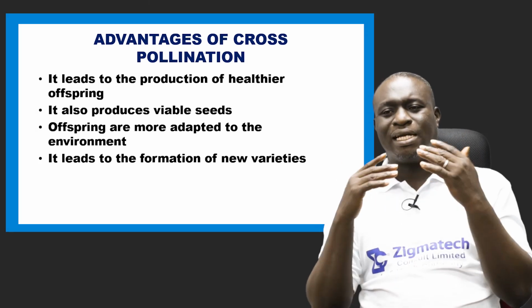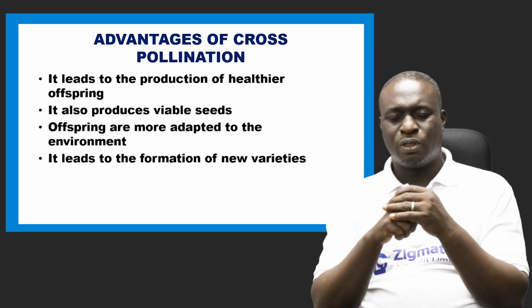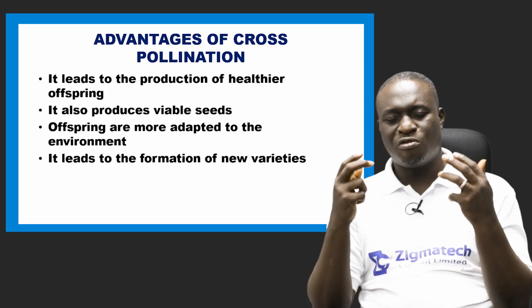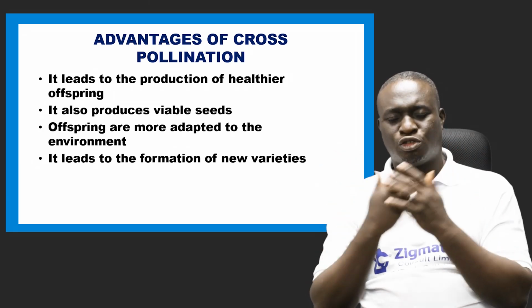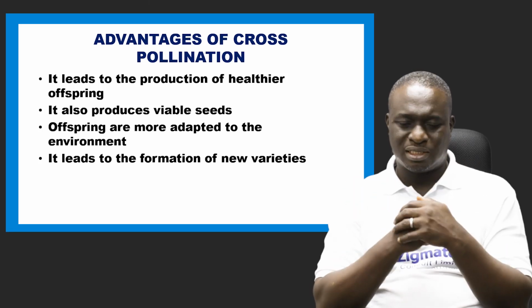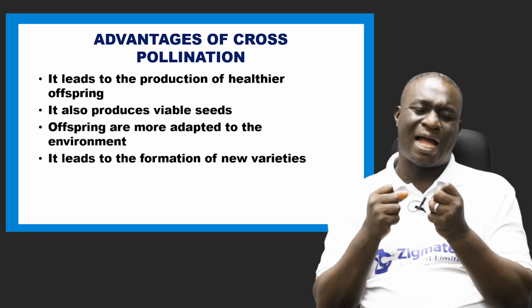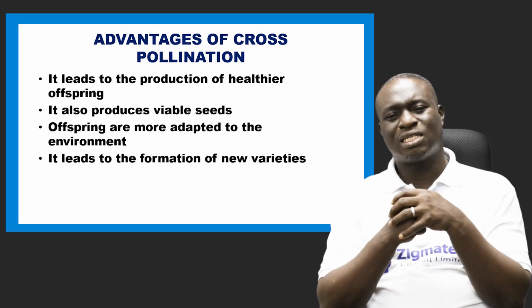So number one, it leads to the production of healthier offsprings. The offsprings produced are strong, viable, and healthy. And number two, it also leads to the production of viable seeds. Seeds that are healthy, seeds that are alive, seeds that are active. So viable seeds are produced